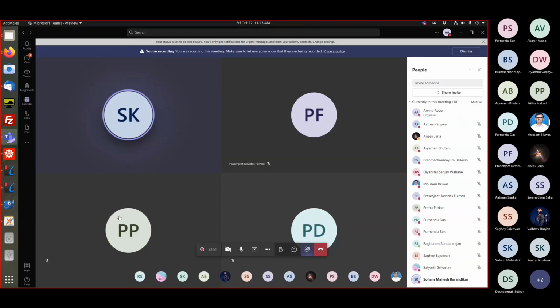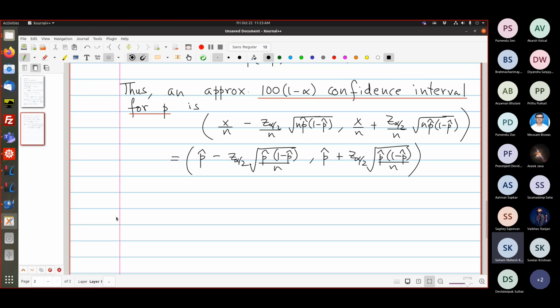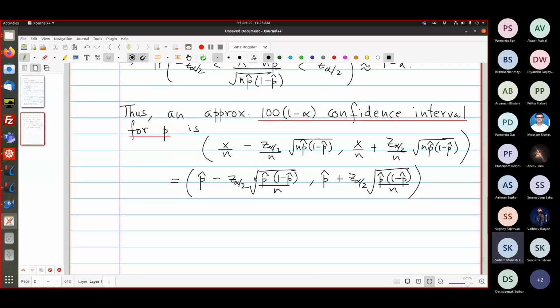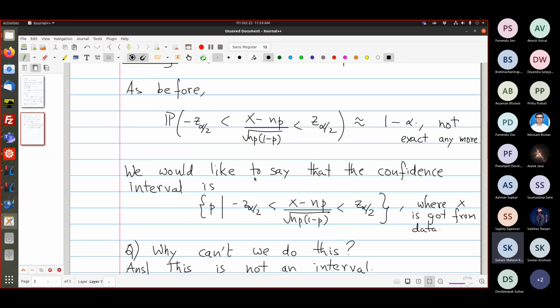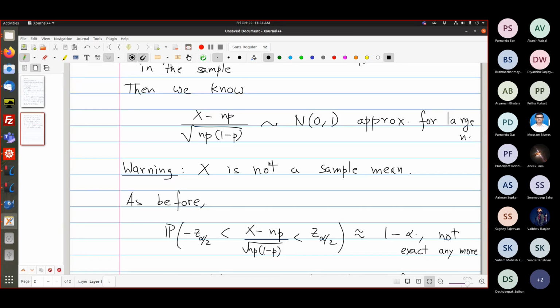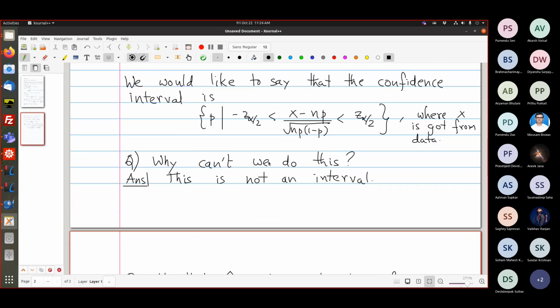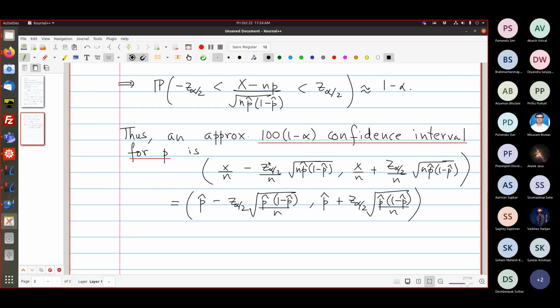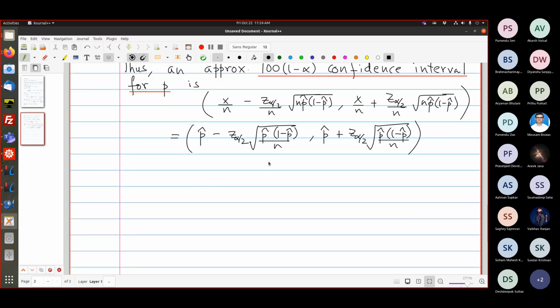Sir, is the fact that this form is very similar to the confidence interval for a normal random variable because of the approximation that we made, that this would be approximately a normal random variable? Yes, exactly. That's right. So in general, one uses the normal distribution parameters to the fullest.